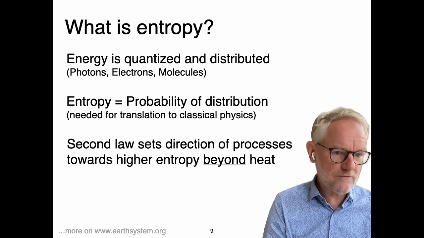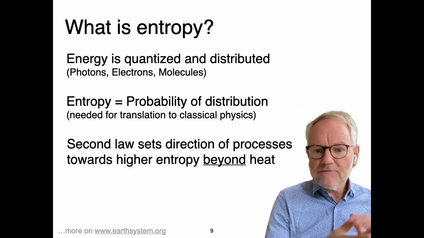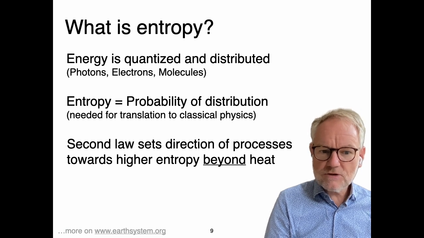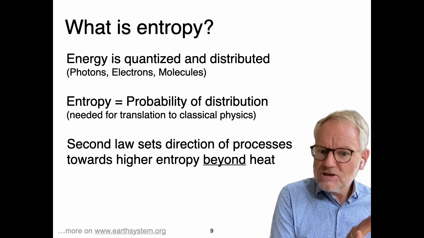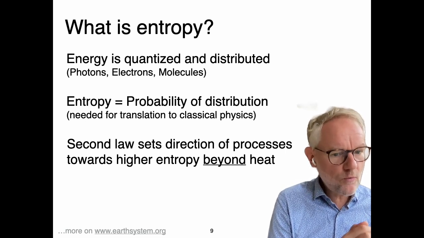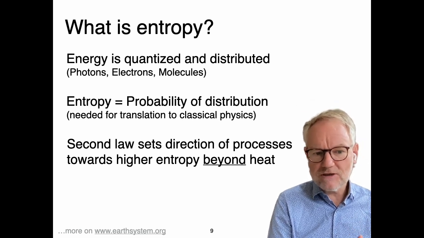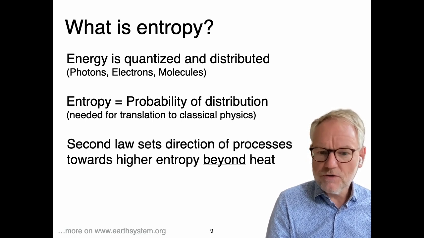So three forms of entropy. Then, in order to derive expressions of classical physics, we need to assume that energy in the quantum world is distributed in the most probable way. So we assign a probability to the distribution, maximum entropy, and that then yields expressions that we can use in